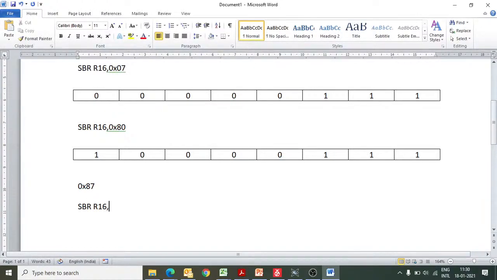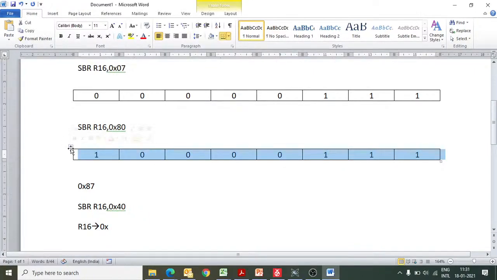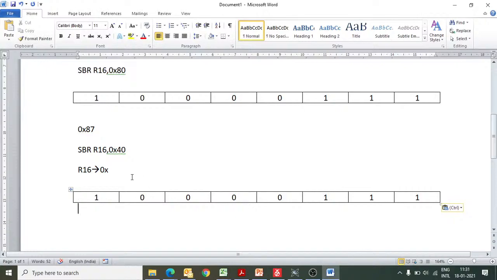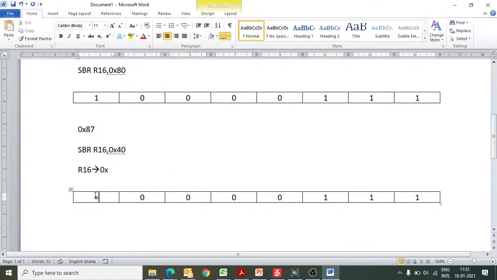Now, after this, if we give the instruction SBR R16, 0x40, what should be the content of R16 after execution? 0x40 means 0 1 0 0, and all these bit positions 0 0 0, right?